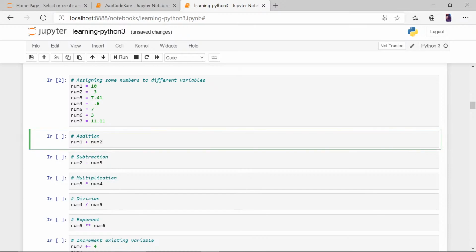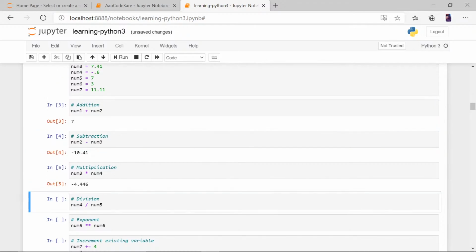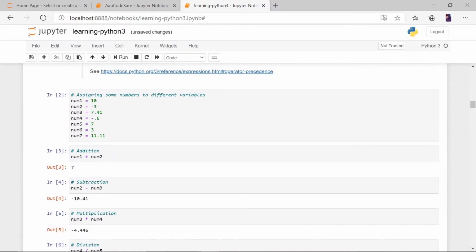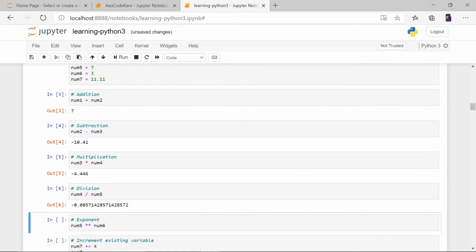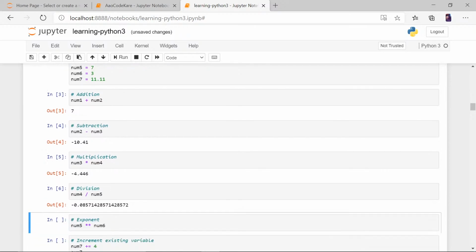So they are showing addition: number 1 plus number 2, then number 2 minus number 3, number 3 into number 4, and number 4 divided by number 5. So num1 plus num2: num1 is 10, num2 is -3, so 7. num2 minus num3: num2 is -3, num3 is 7.41, so -3 minus 7.41, that is -10.41.